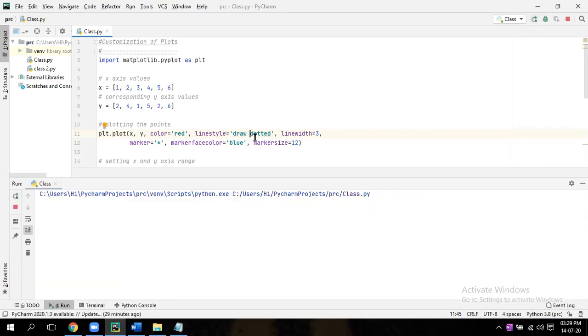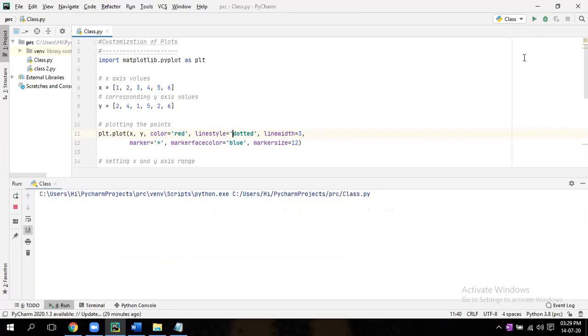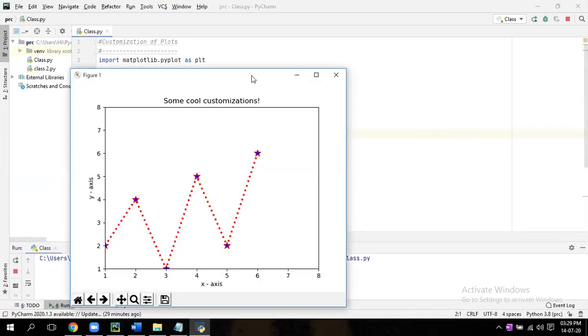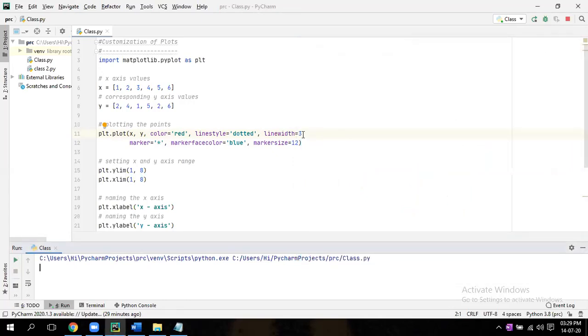Only dotted, this one, sir. Okay. Or else, what you can do, you can give two dots instead of that. Close it. Instead of that, give two dots.